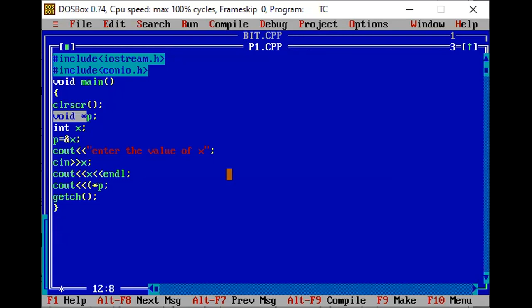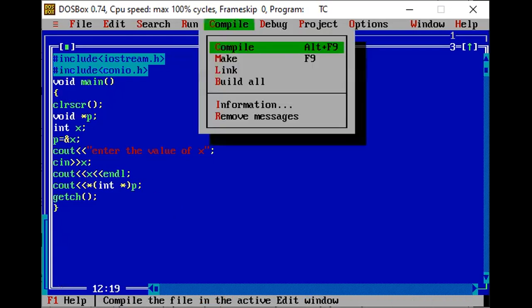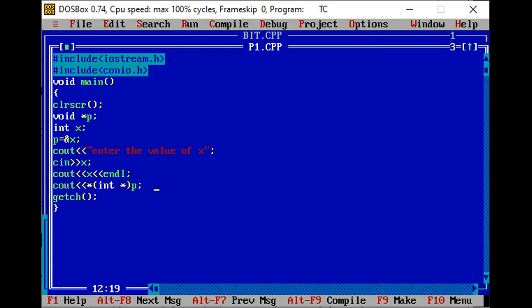You will perform typecasting here. Then how will you perform typecasting? The syntax is you will write your asterisk sign, then the type of the variable where you are going to typecast it, enclosed with the asterisk sign in the round braces, and put your pointer variable name after it. Now let's run our program. There is no error now.